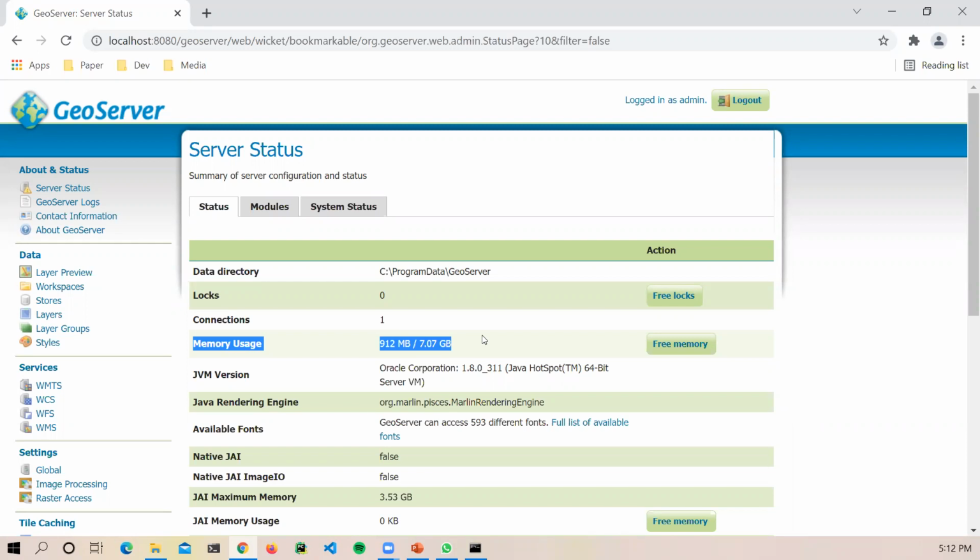Only one of the memories. Is it a quarter of RAM? I believe it should be a quarter. Remember what you said yesterday, GeoServer, or Java applications, if you have not set the memory manually, or if you have not configured it, only consume a quarter of your memory. That's why I was telling you, if you are using a 4 GB laptop, it will only use 1 GB. So if you are going to do heavy raster operations for handling big data like big raster data, then 1 GB will be one operation. So,